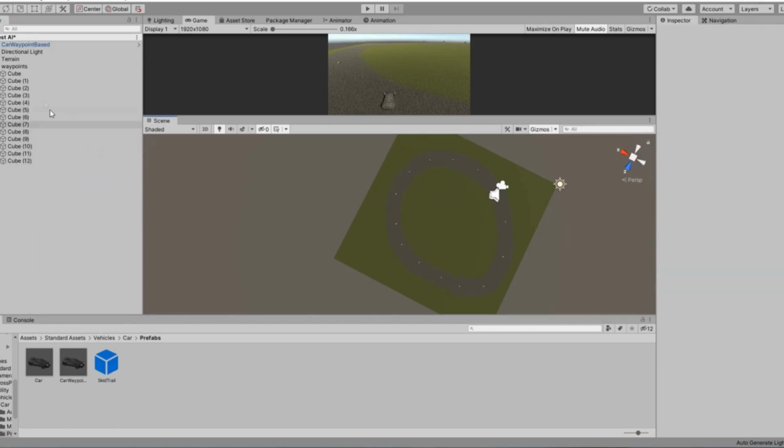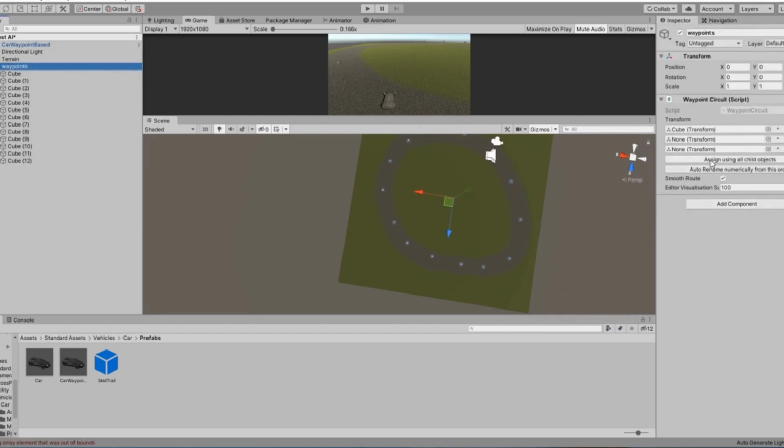Now you can see that I have added 13 cubes, and now I will go to the waypoints and I will click again assign using all child objects.